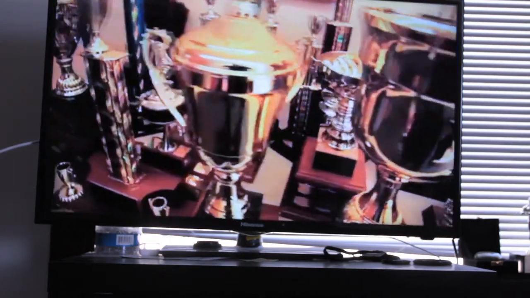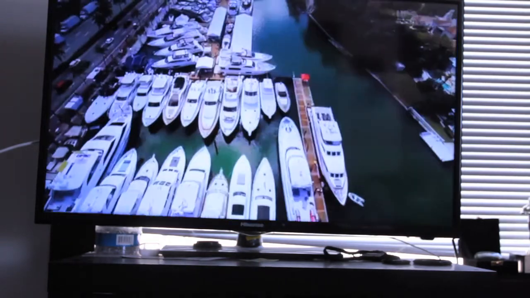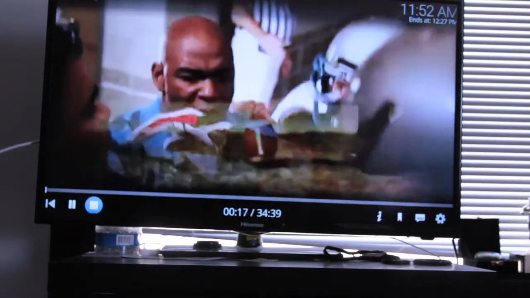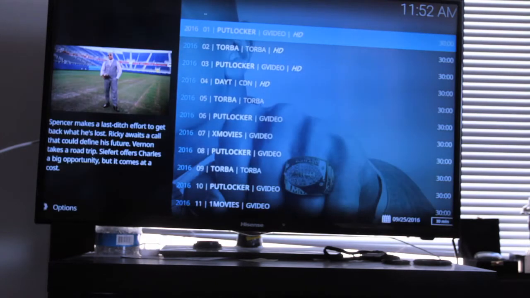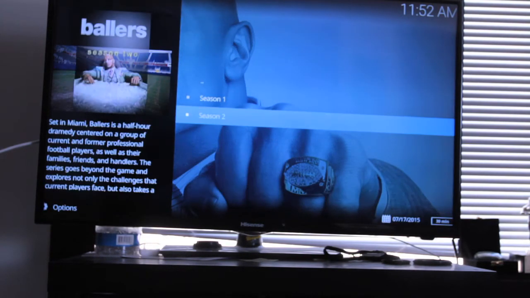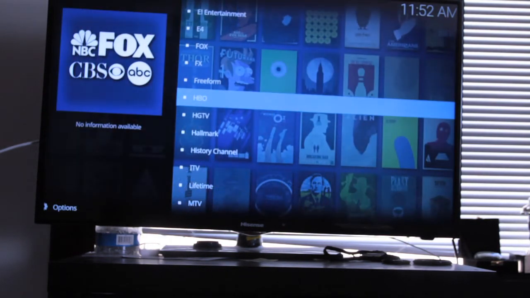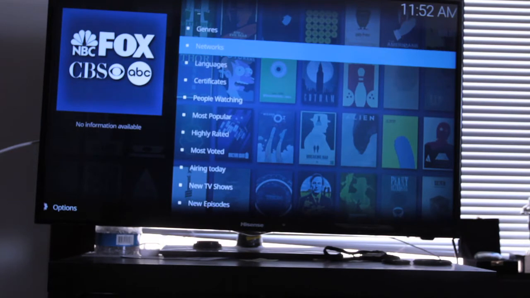Ballers is playing. How do we stop it? Hit the center button, select button once. Hit the square once. Stop it. Hit your U-turn button, your arrow, your back button. We're out of there. Now you know how to watch TV shows and or movies on